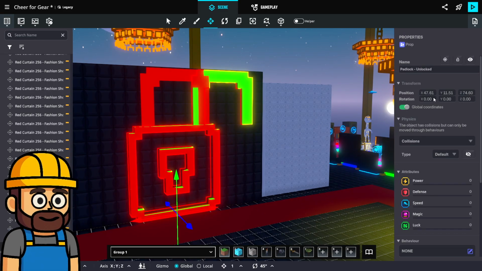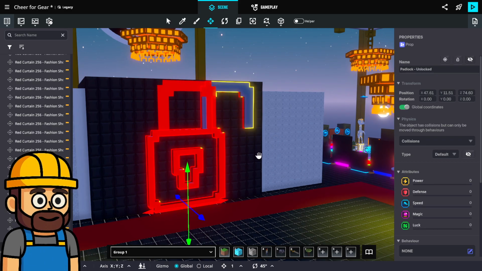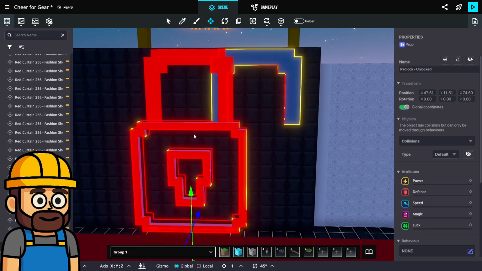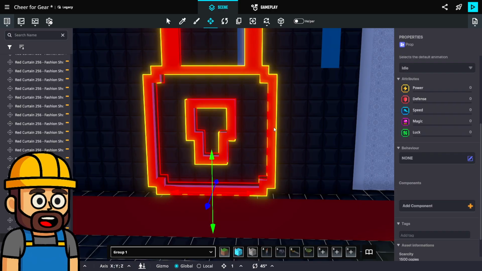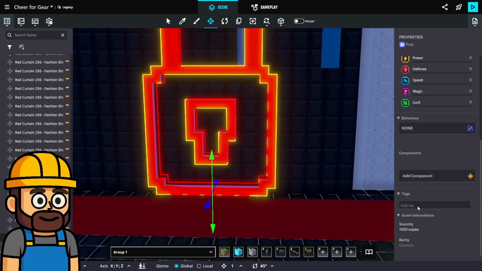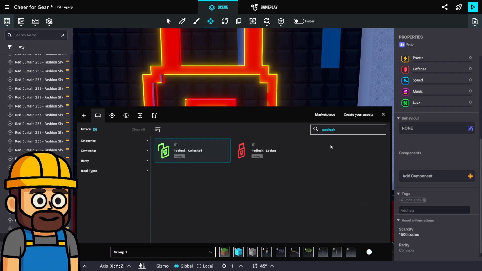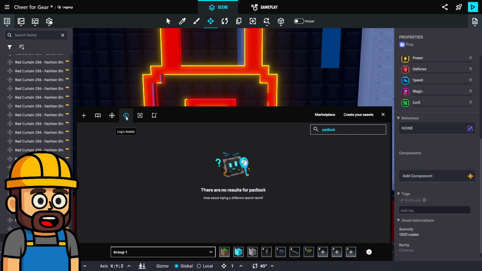So this part will start invisible. We'll call this portal.unlock. We'll grab the other one, and we'll put a tag on it called portal.lock. Just grab some logic.